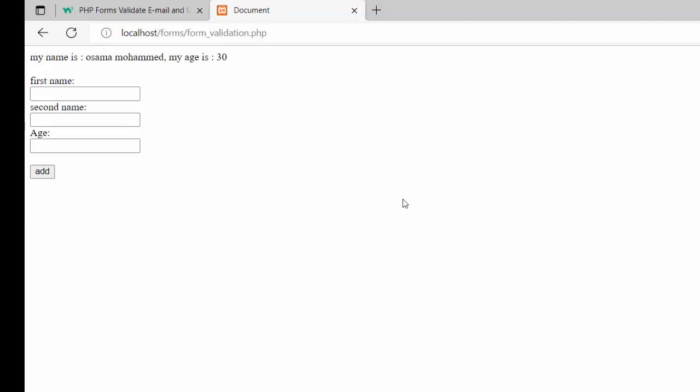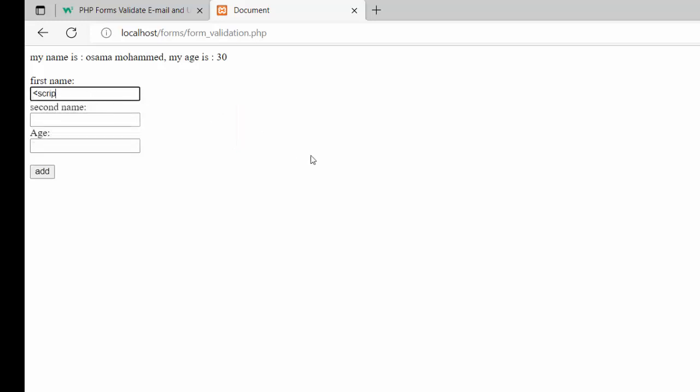There is a type of vulnerability or like an attack called XSS, which means cross-site scripting. So the attacker, the hacker for example, or anyone can inject JavaScript code or HTML code inside your website, any front end script. So this attack, for example, here instead of I write first name Osama, I can write